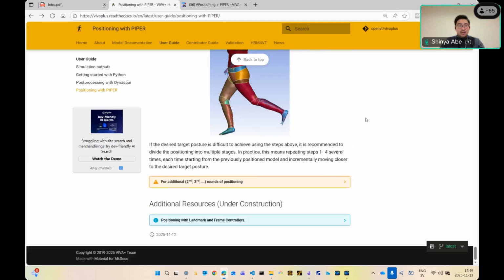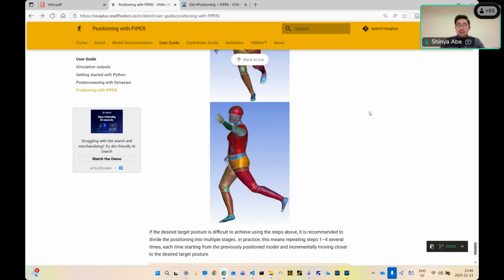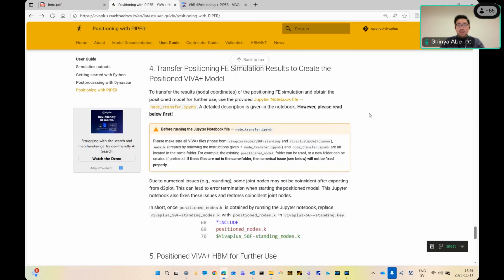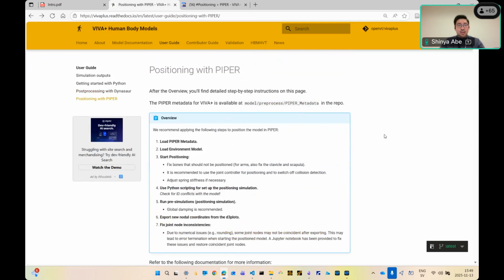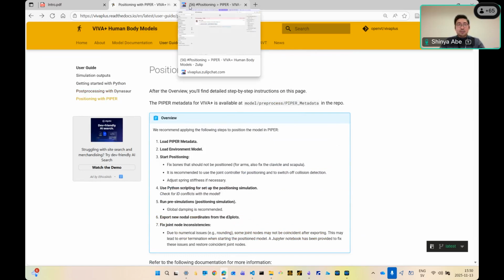Finally, I would like to announce that we are planning to make a tutorial video in the upcoming months, which we will probably embed in this user guide, or put on YouTube, for example. And if you decide to do the positioning of VIVA Plus using PIPER, and you run into any problem or have any questions,